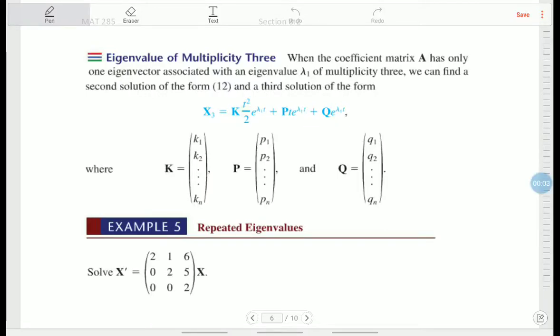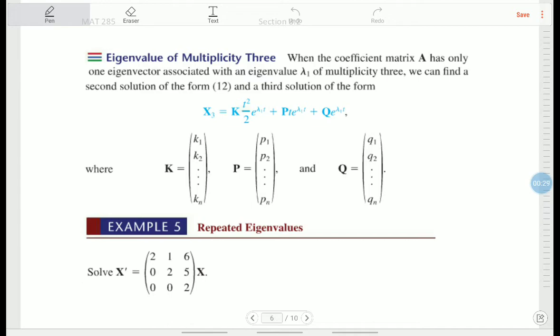So let's look at a different example. We have an example here, and what's going to happen is we're going to find one eigenvalue for this system that has three equations, three unknowns, and we're only going to get one eigenvector. So similar to the last problem where we had one eigenvalue and one eigenvector, but that was two equations, two unknowns,